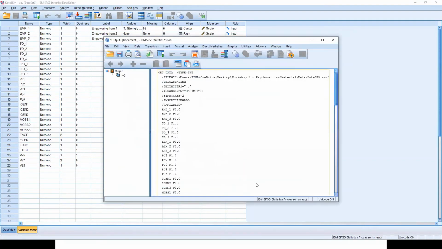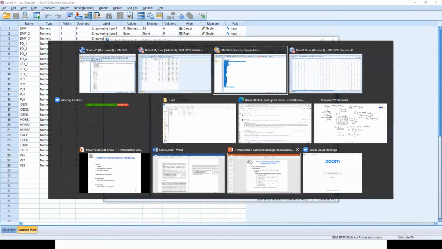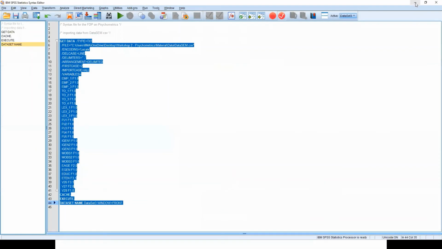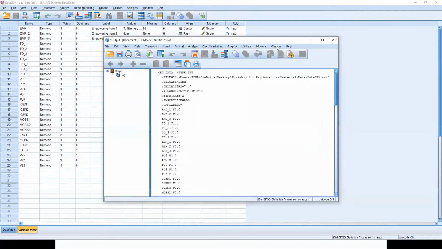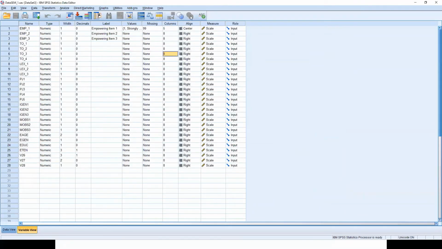Is that okay? So we have got our syntax file also. Yes, I will save. Fine. Let me close the other editor, other data also. So now I have this data file. Okay, I will leave this as 8.